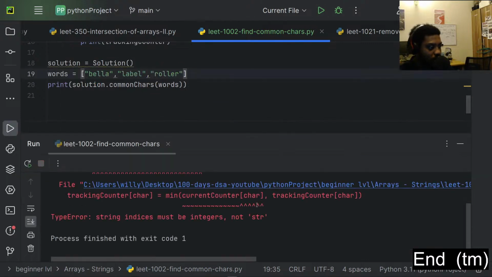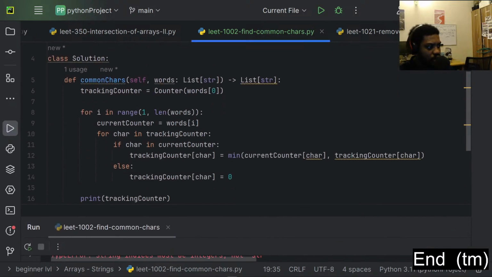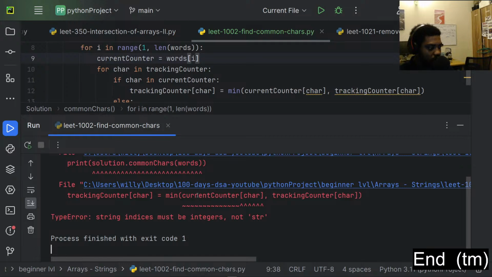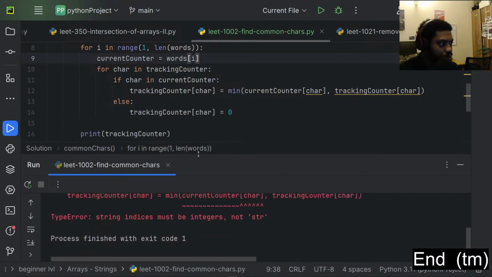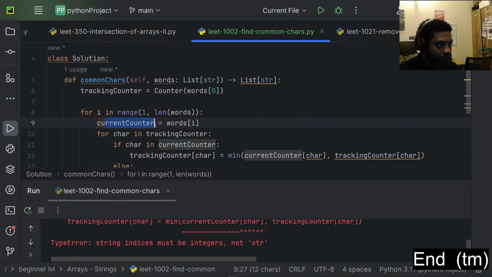Okay, so I knew there was going to be an error. So current counter, I mean, what's happening here? What's the error saying? The error says indices must not be string. How is that? I mean, I want to get the value of the current index of the current character, right? Must be integers, not string. How? I mean, if I'm creating the current counter here with